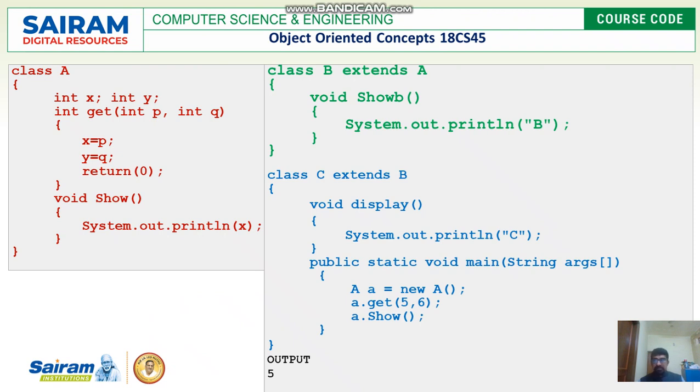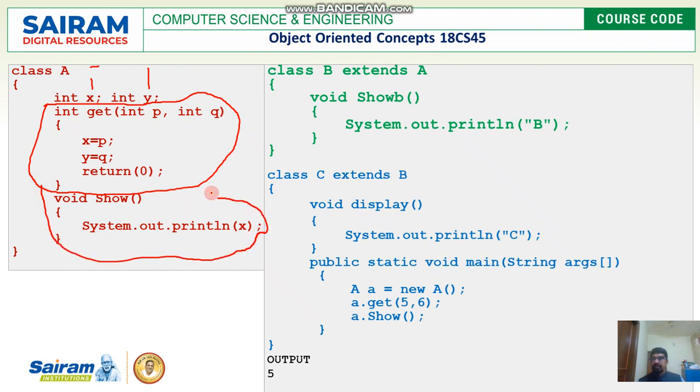So let us see a small example for this. We have taken a class called A. A is the class name, and it has two instance variables, one is X, the other one is Y, and it has a method called get. What get does is not important at this stage. And it has another method called show. This is the second method class A has.